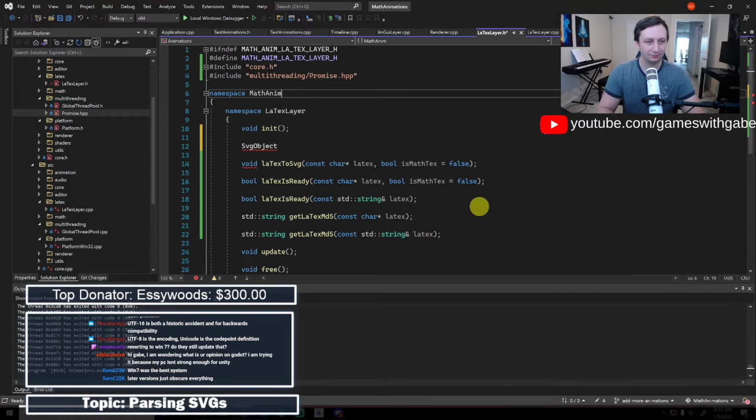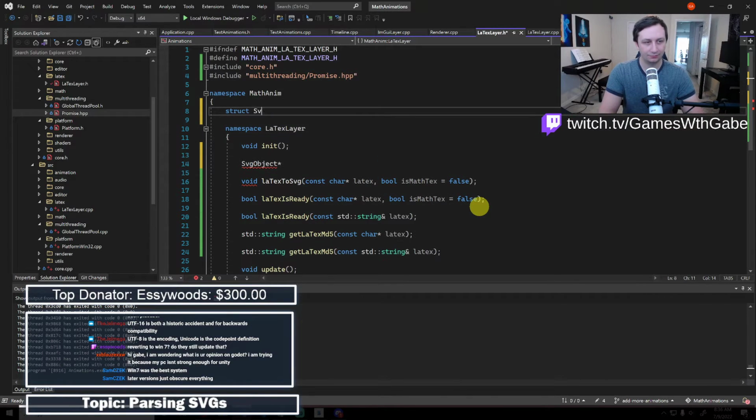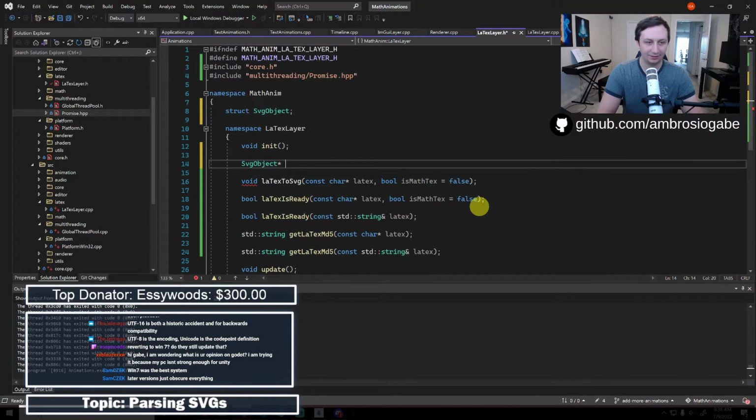So I've got this thing, which is an Svg object. And I'm using these as pointers for reasons, so I may as well do that so I can just forward declare anyways. So that's what we're going to do there instead of including something in here. So we want to return an Svg object, and I'm going to say